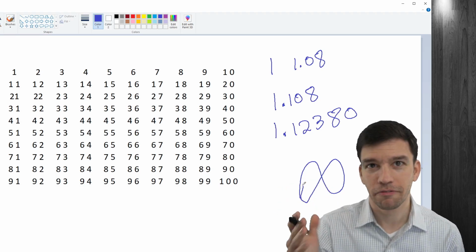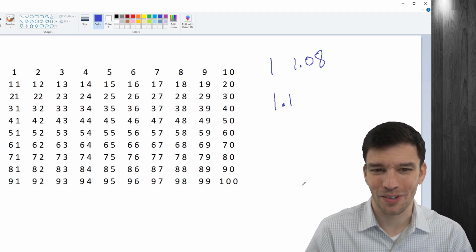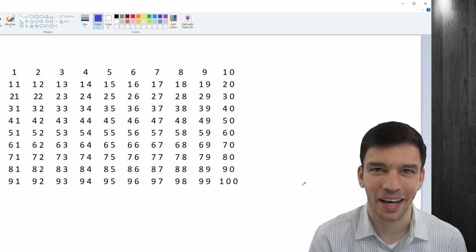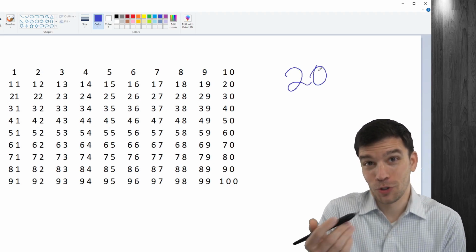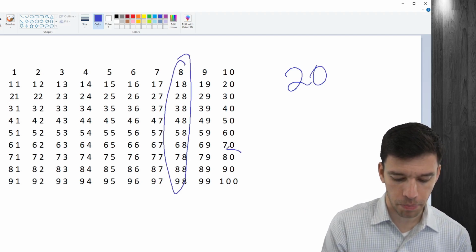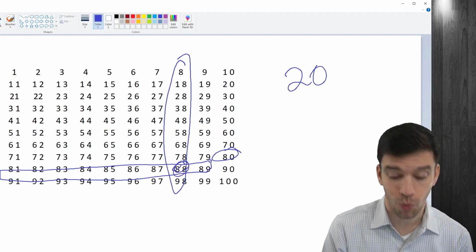Well, infinity. So that, I thought, was the first pretty clever solution. Did show up a bunch of times, and well done if you got that. Next one, 20. And of course, 20 is the right answer. If you look at every time 8 appears, and you do not make the mistake of counting 88 twice, you